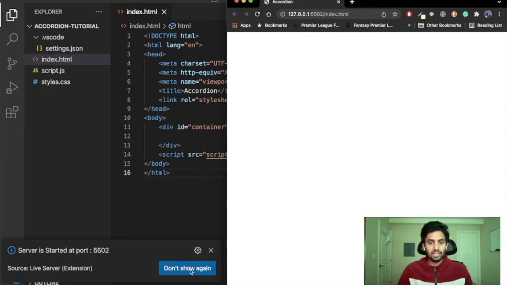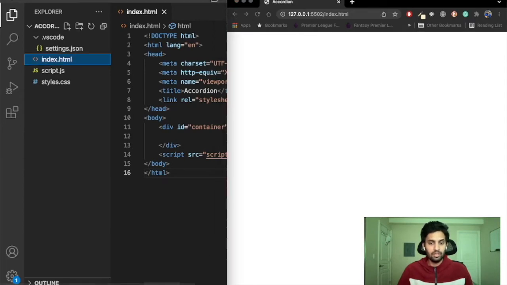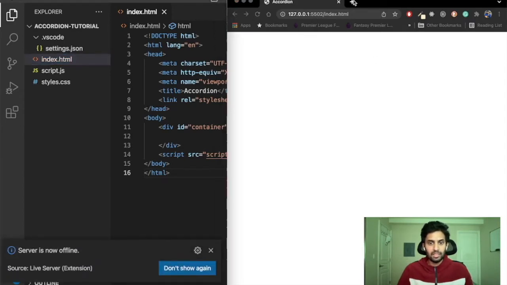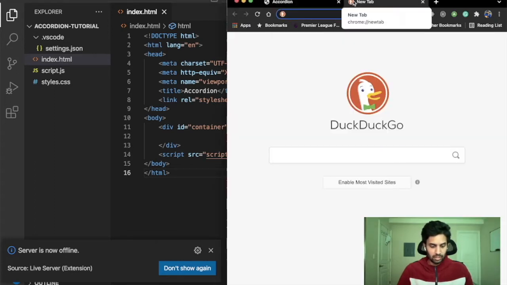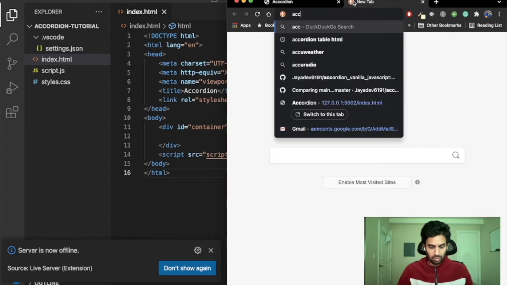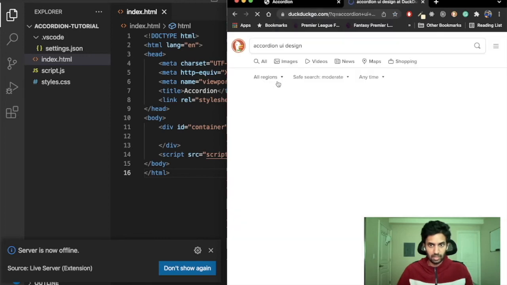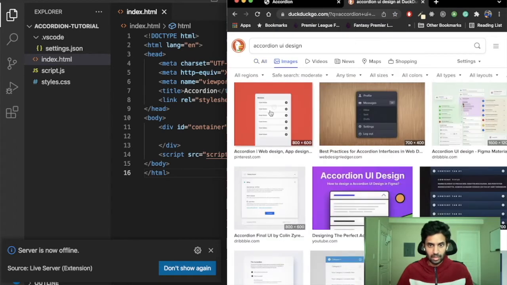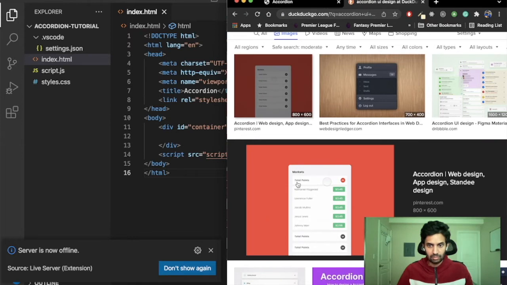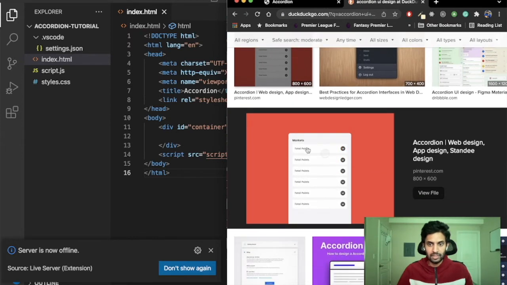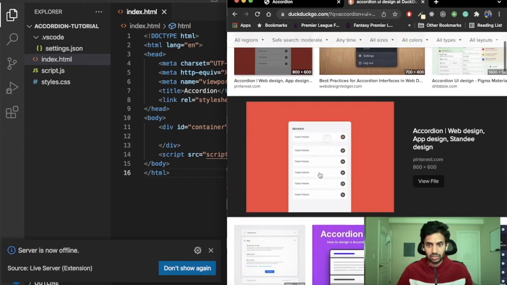The first project that we'll be building is an accordion. You might have already seen how an accordion looks. Let's look at an accordion example on the web. Accordion UI design. So an accordion is something that looks like this, where you'll be seeing a few sections where all